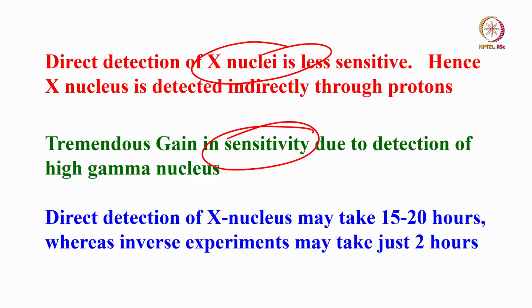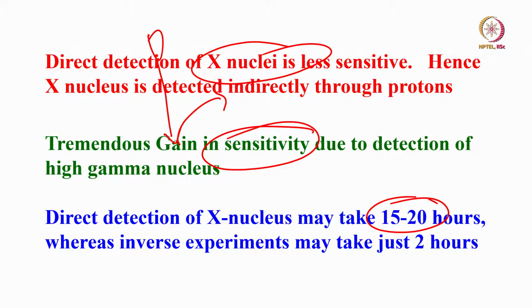We can do that, directly detect proton. What we have to do, since this takes an enormous amount of time, is take the carbon signal, give it to proton, and take it back from proton to carbon. Then in between something has happened. So we can see during this process there is some transfer of coherence. Direct detection takes 15 to 20 minutes, whereas in indirect detection you transfer the magnetization from proton to carbon. Of course, in this heteronuclear correlation experiment there are several ways. You can give from carbon to proton and take back to proton, or proton to carbon and take it back to proton, so there are 3, 4 or 5 different approaches.